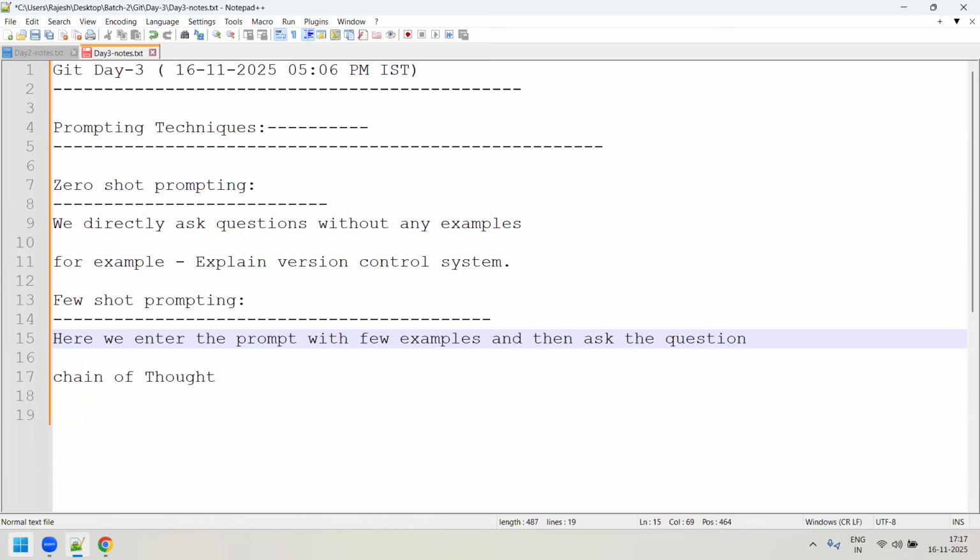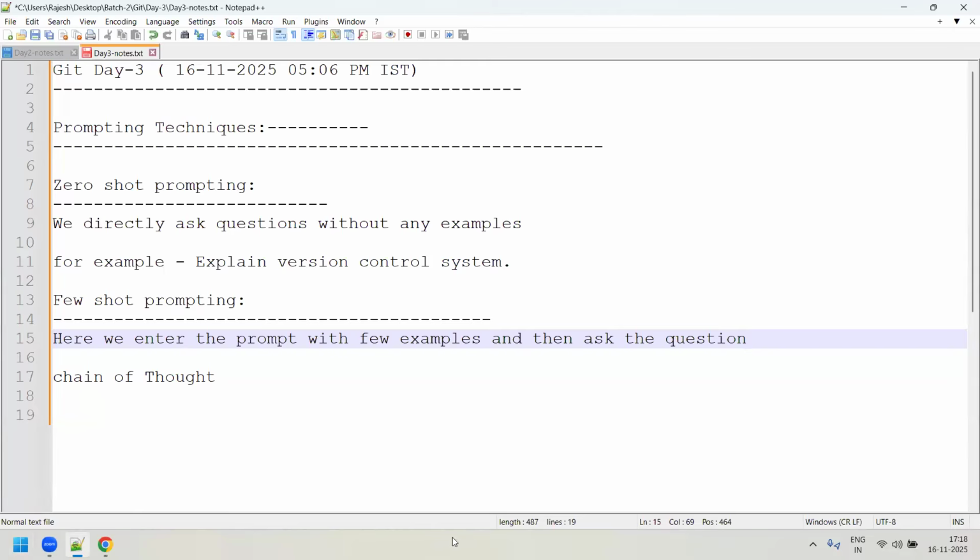By giving an example, you are telling the AI that I need an output in so and so way. The way I'm quoting the example, with that kind of example, I want the output like that. You are restricting the AI tool, saying okay, this is the example, so the same way I want the output. That is also one of the good ways because you will get a very specific answer from an AI tool like ChatGPT or Gemini. I would say that is one of the best ways actually.